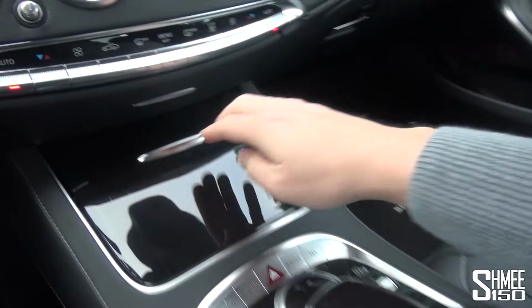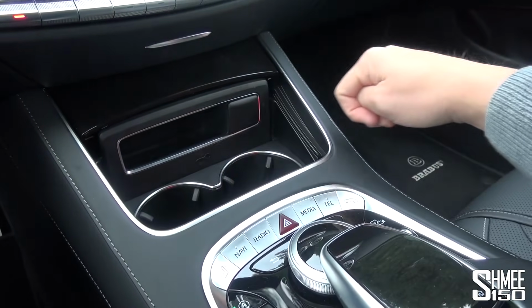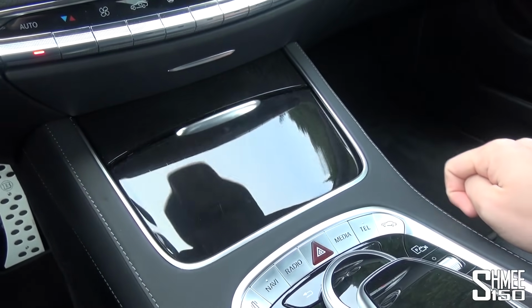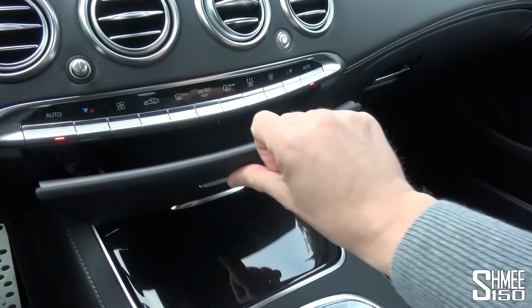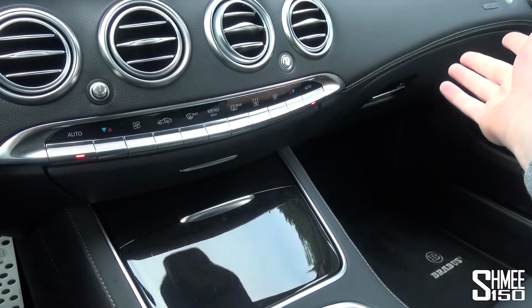Then at the front, just to open up, you've got the keypad charging sensor, some large cup holders, a 12-volt socket tucked in there, all that neatly hides away beneath that. You also have a tray that opens up here, a discreet little storage tray if you'd like to put your phone in there, and nobody would know it was there, all beneath the usual controls for the climate control,